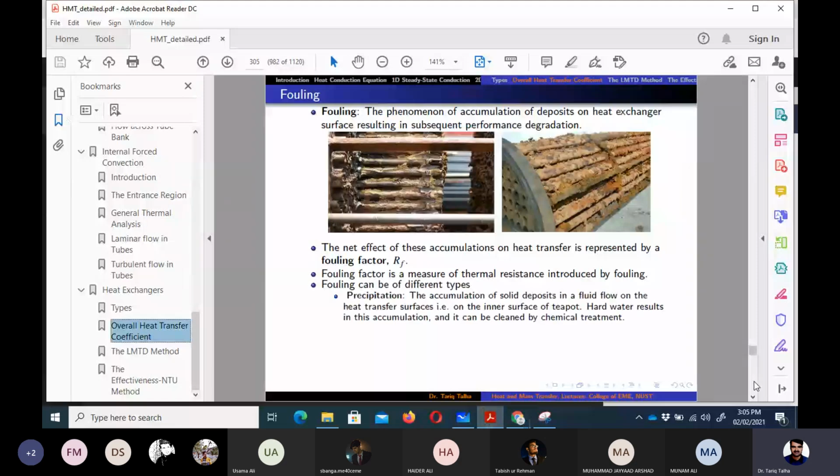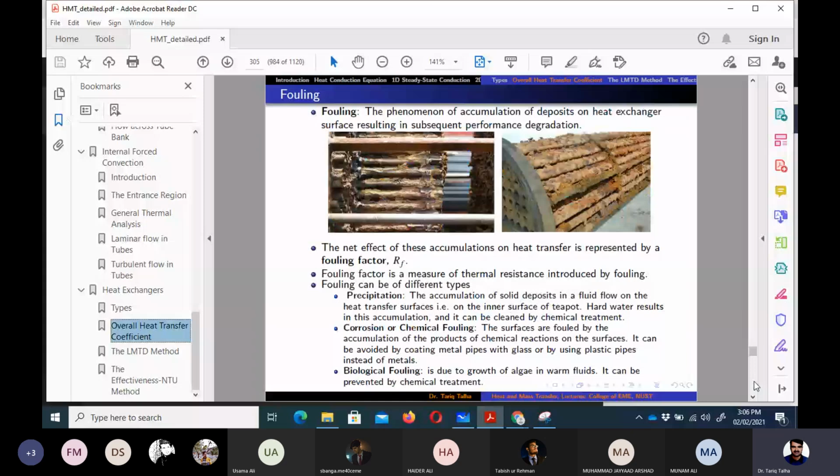So, as we discussed, there are three different types. One is precipitation, the accumulation of solid deposits in a fluid flow on the heat transfer surface area. On the inner surface of the tube, you can also see some kind of that deposition. Then hard water results in the accumulation, and it can be cleaned by chemical treatment of the pipe. And then corrosion, chemical fouling. We all know that it happens due to chemical reaction between the pipe surface and the warm water. And then we have biological fouling. It is due to the growth of algae, and fouling usually